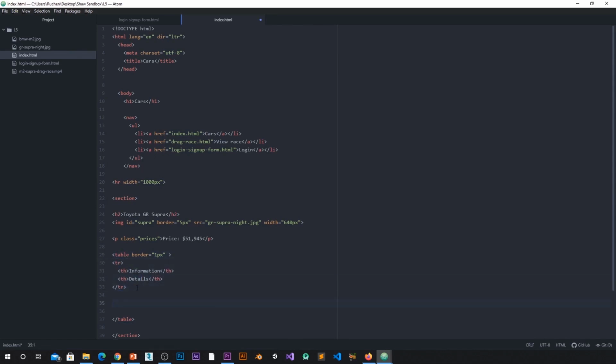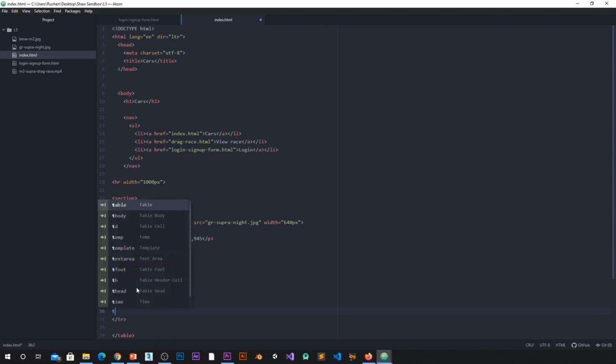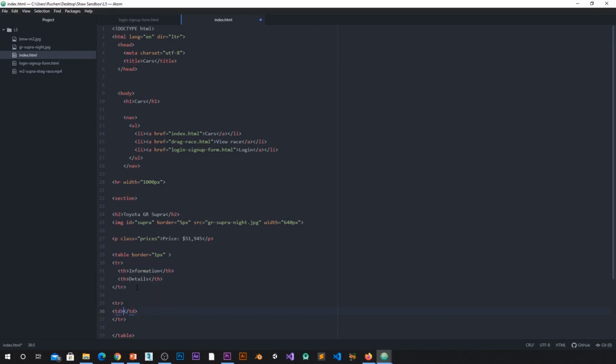So I'm just going to go one line down, tr, and here the first thing I want to note of this vehicle is the drivetrain. So I'm going to say drivetrain, but in this row I also want a cell. Remember, a cell is just a piece of self-isolated information, much like with an Excel sheet. So I'm going to say this is the drivetrain of this car, drivetrain,